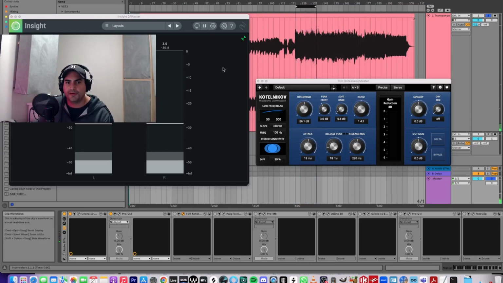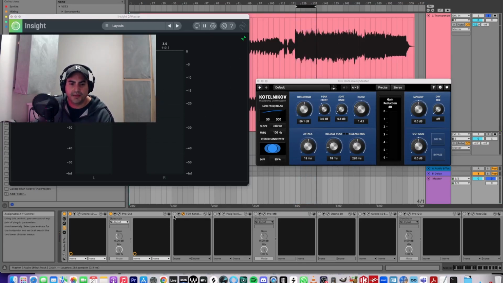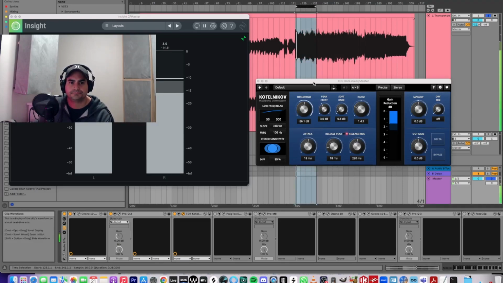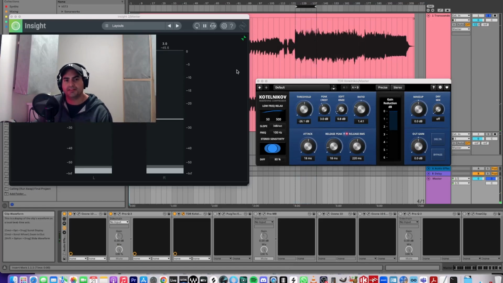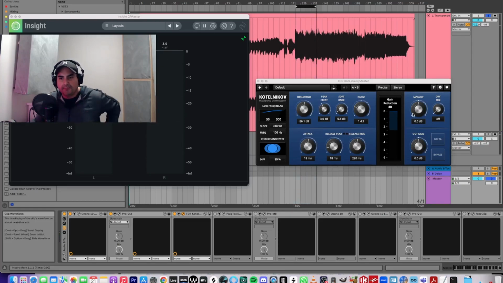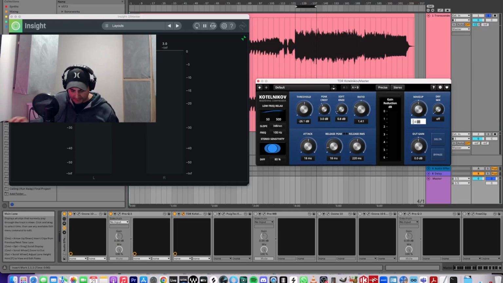So around minus 12.5 is roughly what we're going for there. And now when we turn on the compressor, let's have a listen to see where those levels are actually sitting. Around about the same place, around minus 14.5. So that tells me that we need to do a makeup gain here of 2 dB. And now when we apply the makeup gain,